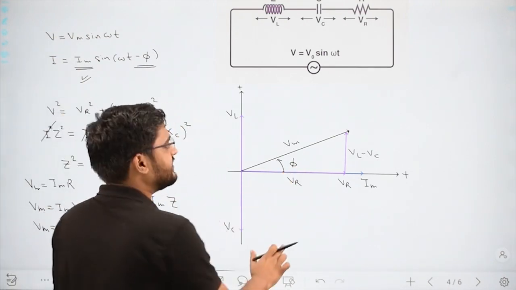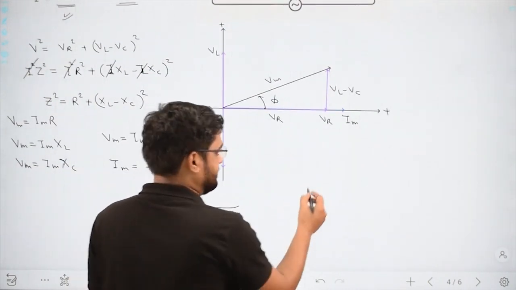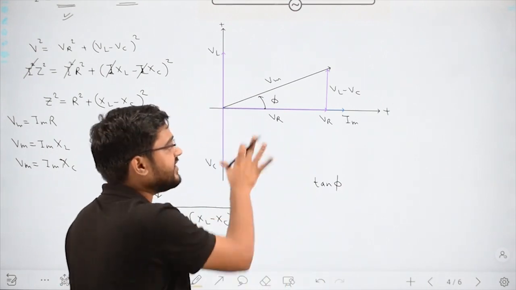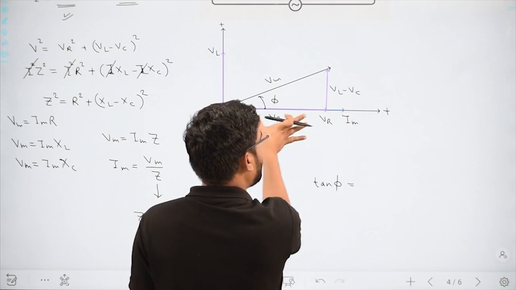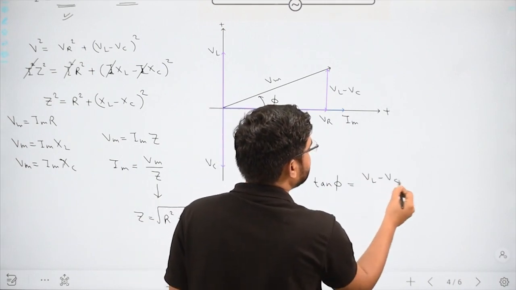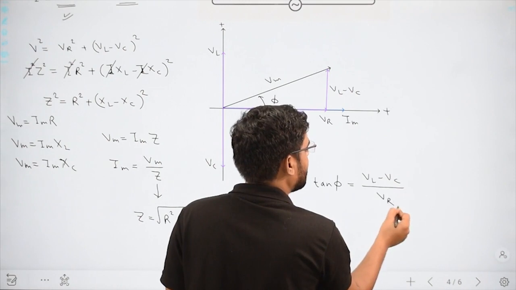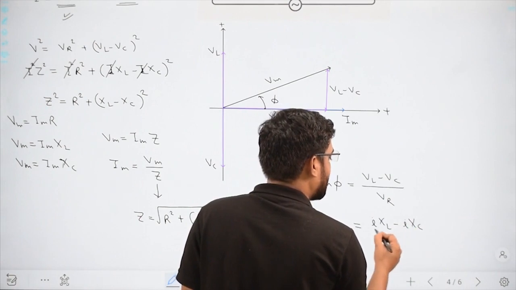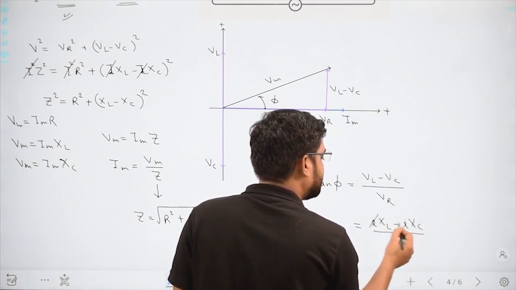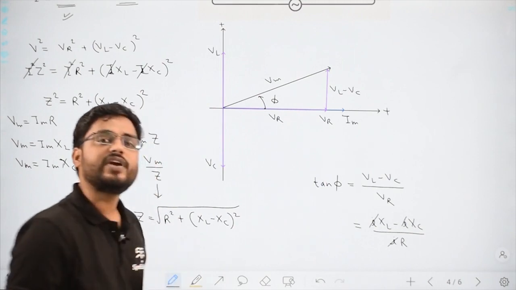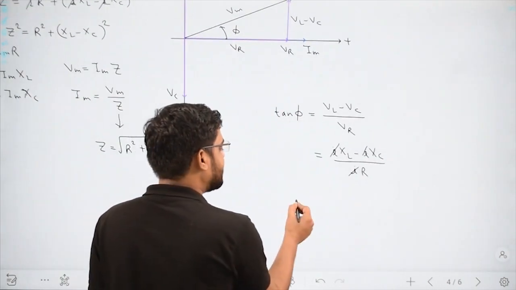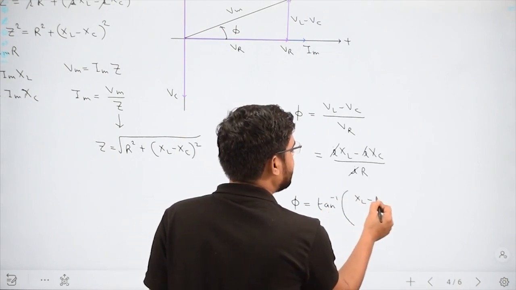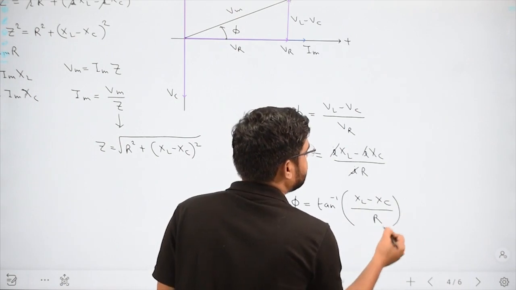And if we want to get this, then we can use the tan. So we will write the tan phi. Again I am using the phasor diagram, nothing but vector diagram. So it is nothing but this upon that. So VL minus VC by VR. What is VL? I into XL minus I into XC upon I into R. Here I can be cancelled out throughout the equation, and we get our phi. So we'll be saying phi is nothing but tan inverse of XL minus XC by R. So this is the phi.